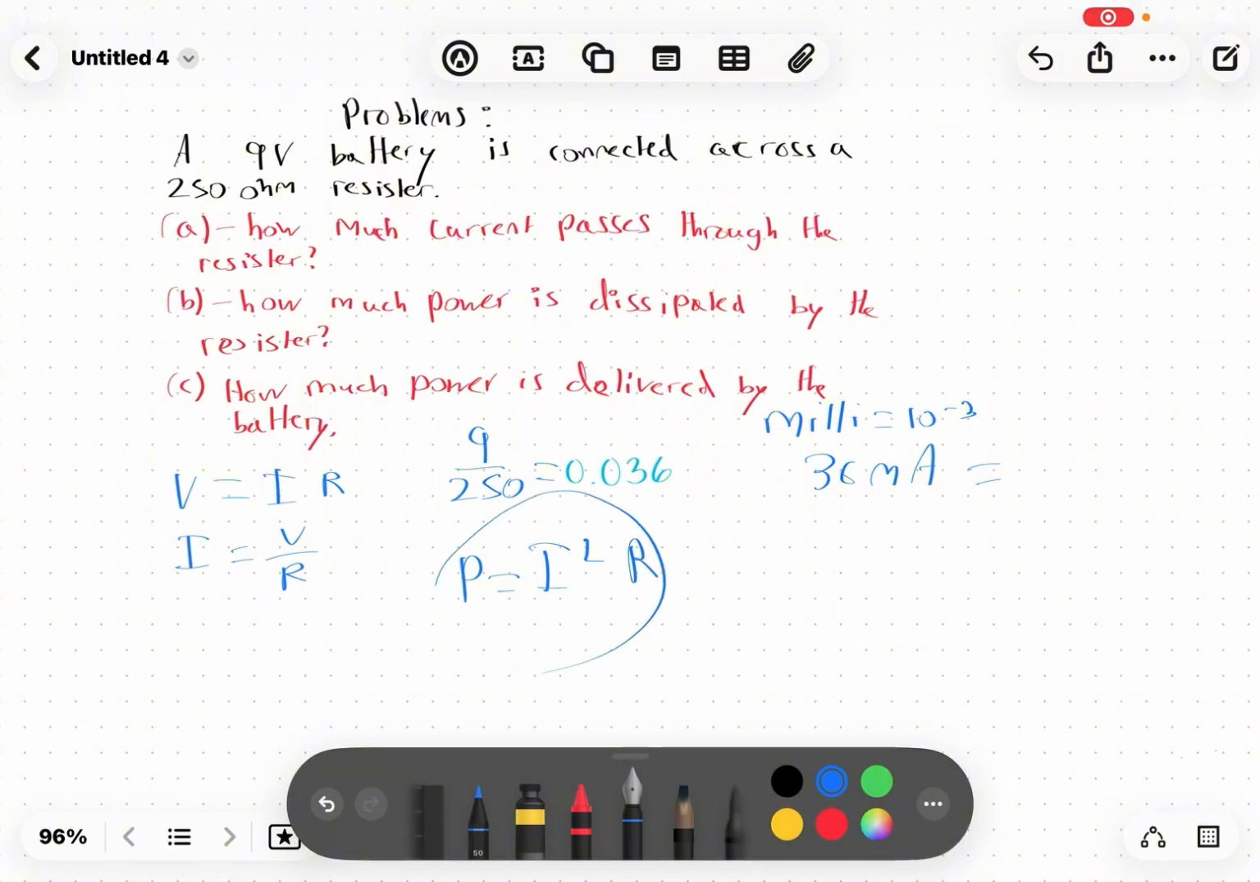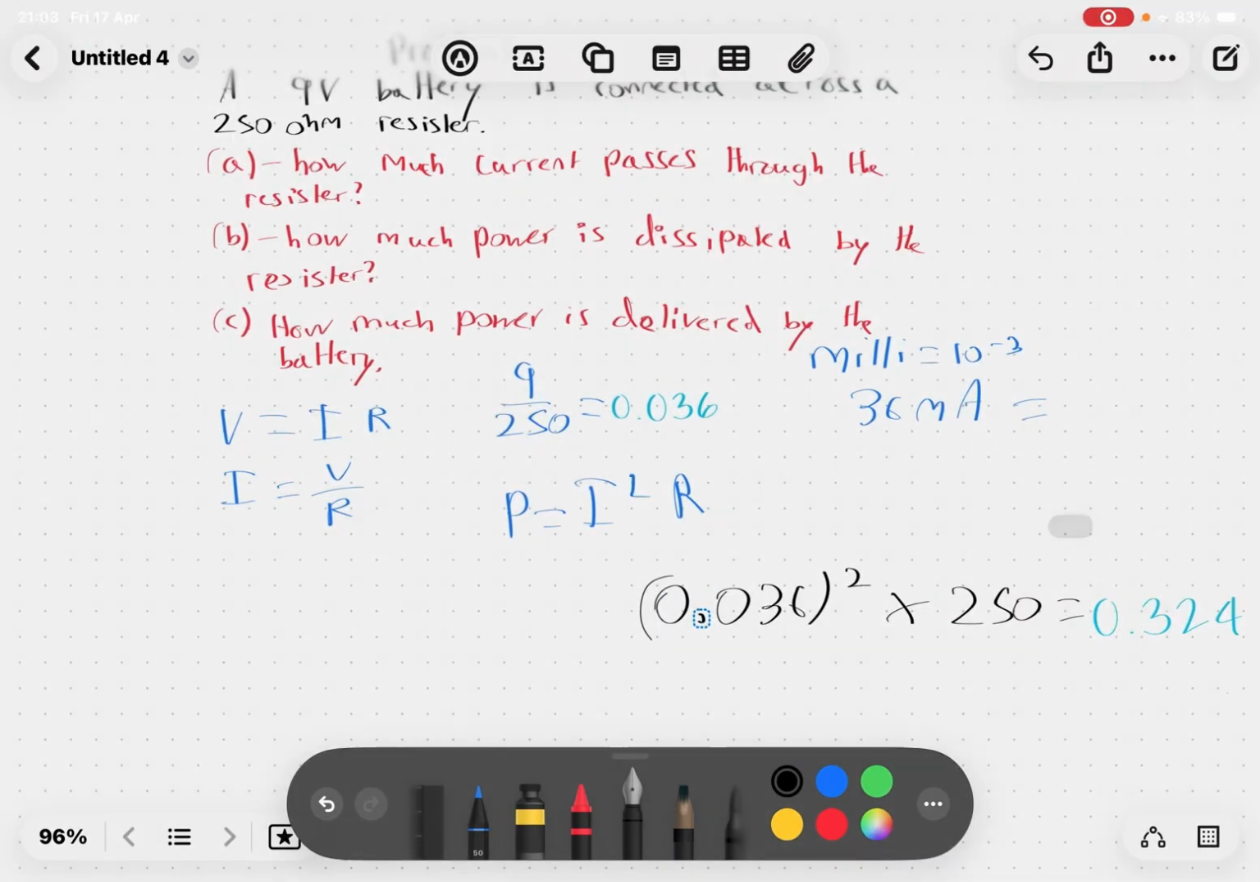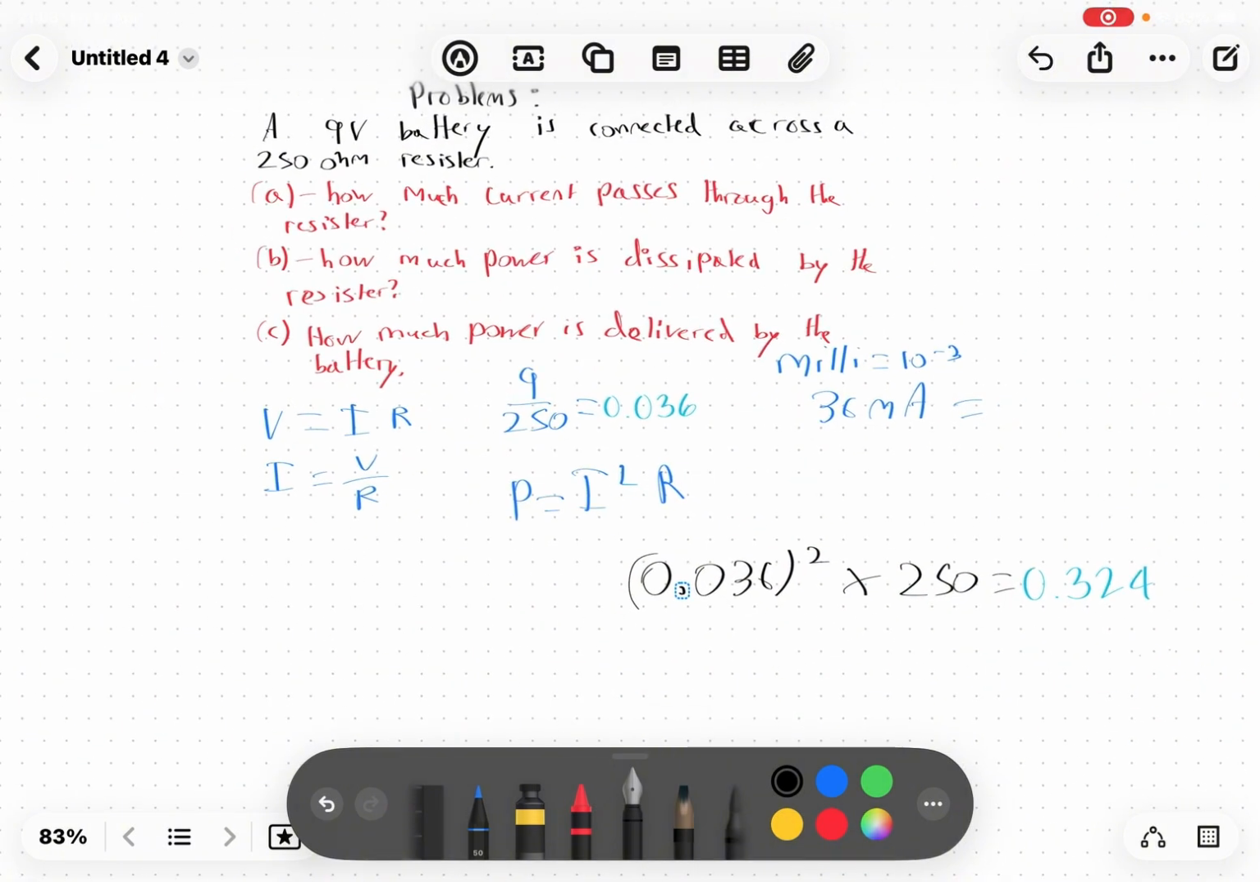The reason we're using this formula is we have the I and we have the R, so why not? 0.036 squared times 250 equals watts, because we're talking about power. And the third question is how much power is delivered by the battery, and it is basically the same thing,